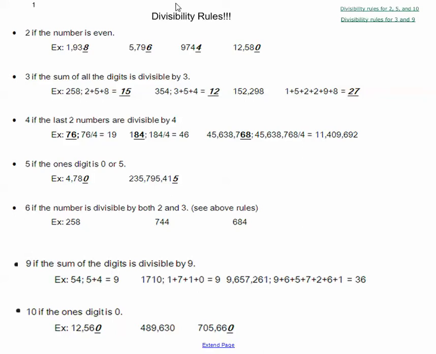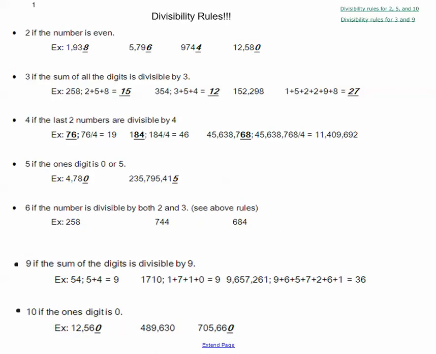All right, we're going to take a look at divisibility rules. Now, this sheet is really yours to use as a reference. So, we all know a number is automatically divisible by 2 if it's even. For 3, I know a number is divisible by 3 if the sum of all of my digits